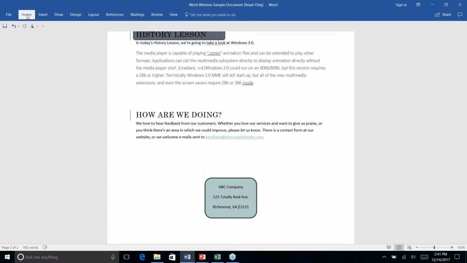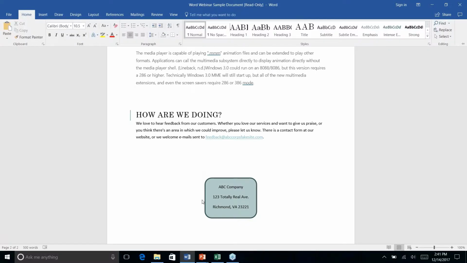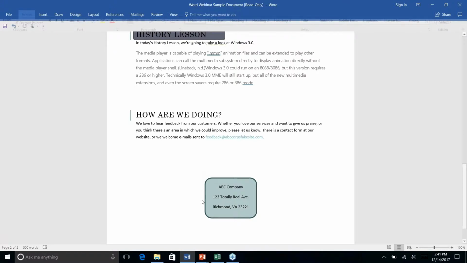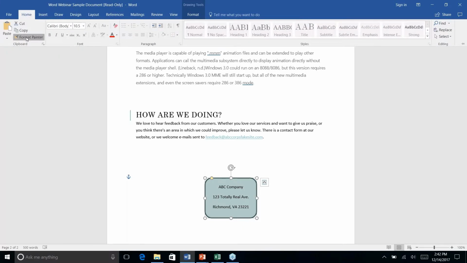Come up here under Home. Make sure that you have the shape itself selected, not the text. If you wanted to take the formatting of the font that you're using, the color, the size, you can use Format Painter to adjust that as well. But this here is a little bit more visual, it pops a little bit better. So I like this as an example. So make sure if you're doing this to a shape that you have the shape selected, or the element, whatever it is. Come up here to Format Painter, and it will